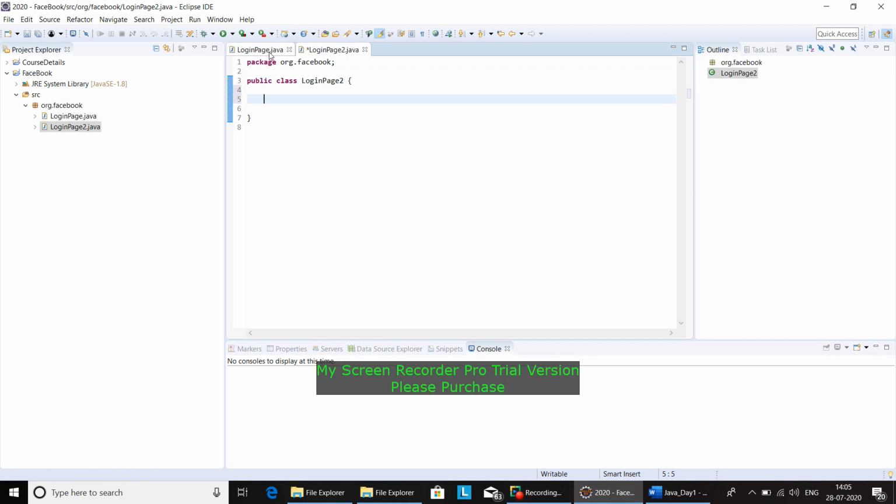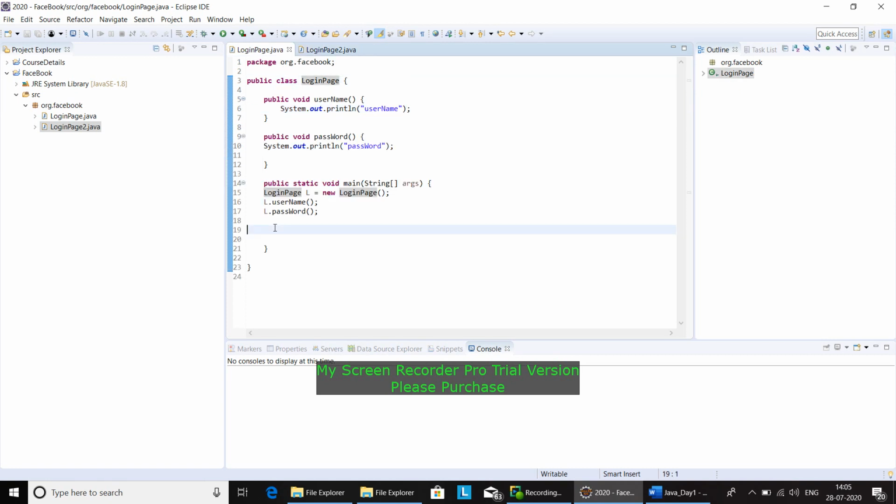Since we have given username and password here, I'll name it submit. Ctrl+Space, select, change this private into public, remove what is not required, and print this method with sysout, Ctrl+Space, within quotes give the method name submit. Save it.